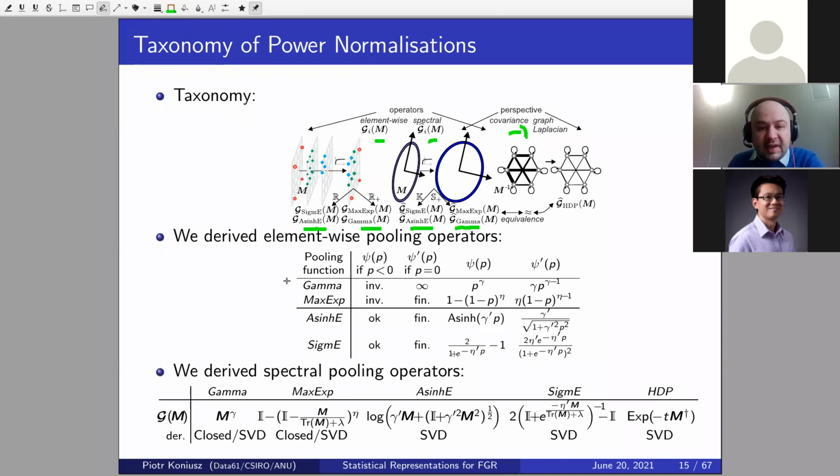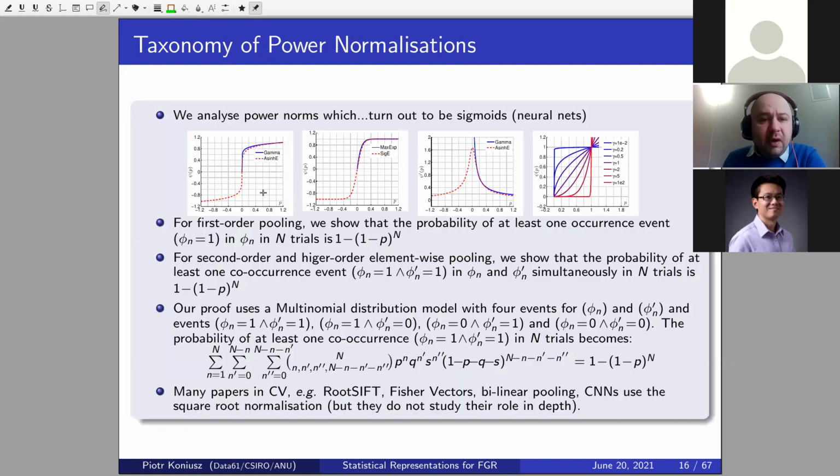So over here, just a quick example of those pooling functions. They operate on some spectrum P. And over here, we have the ones that operate on the Krein spaces. Over here, we have the closed form of those operators. What is important is essentially they push forward characteristics. So